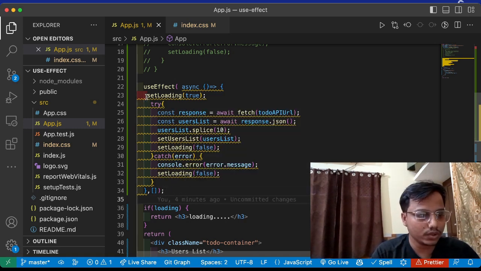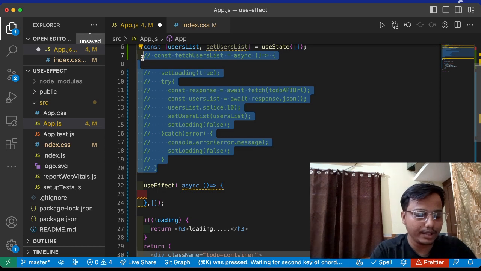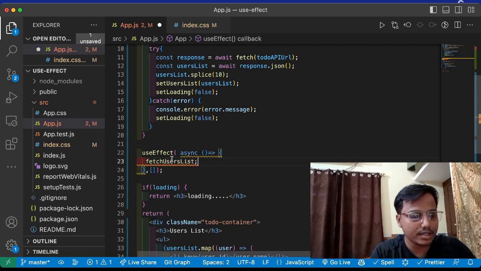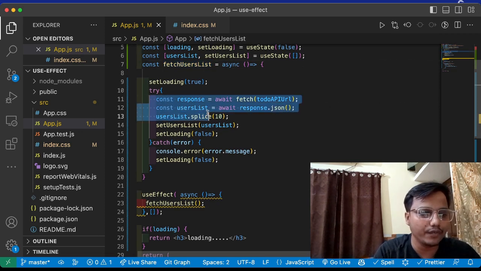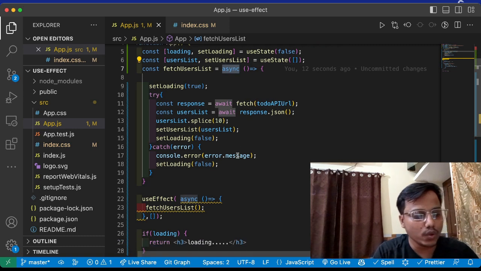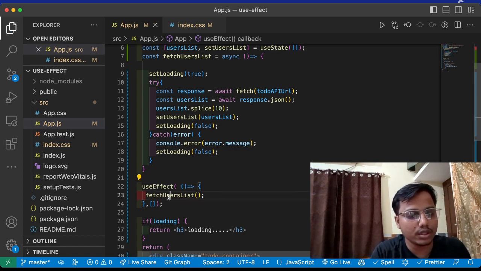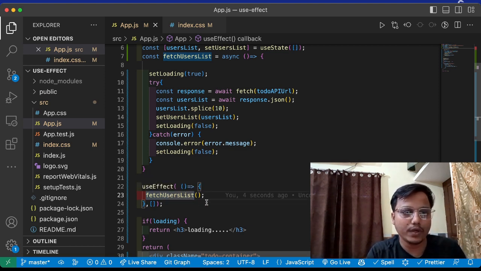So in order to solve this, what is the best solution? The solution is pretty simple. Whenever you are working with React in useEffect, the best practice is to write your logic for any side effect, like making an API call or updating the state, inside a function, and call this function. This function can be async, and you can use await inside of it. Why is there no problem making this function async? Because you are no longer making the callback async, right? So this callback will not return anything. You are using a function, and inside that function you can make it async, and it will work. Why? Because it is executing